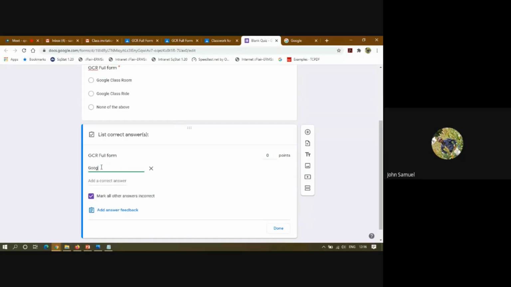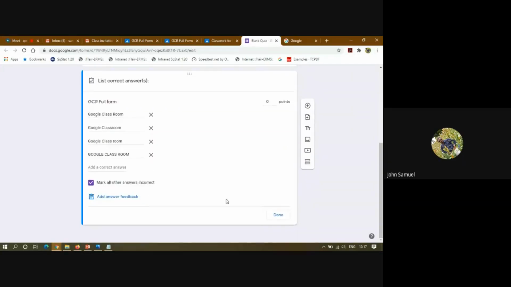That means Google Classroom. Some may answer like Google Classroom, and some people may answer like Google Classroom in entirely uppercase. If you give these variations, the form itself will validate them automatically.